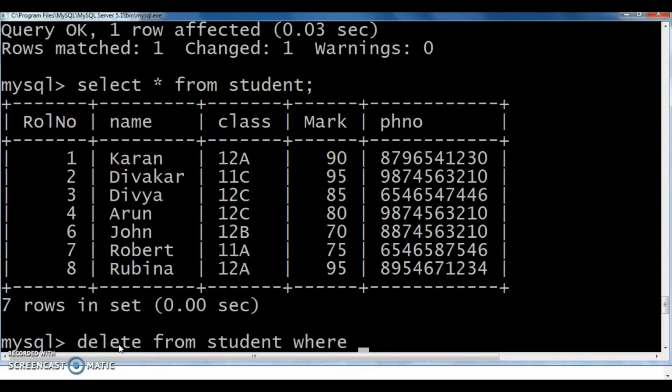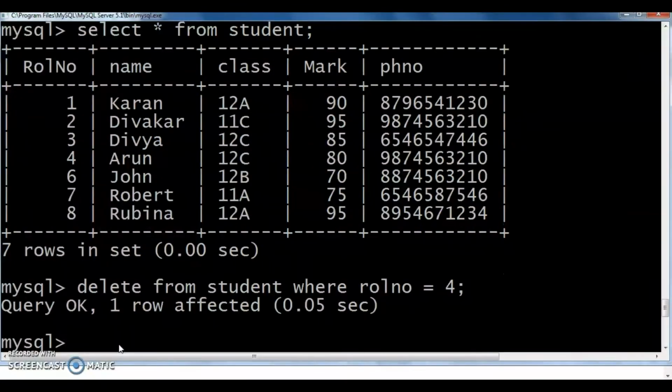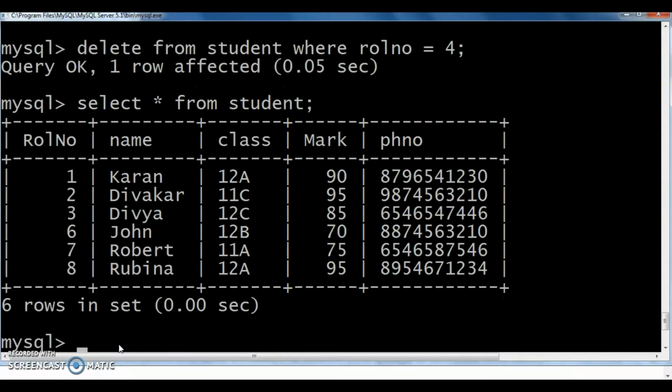Delete from student where roll number equal to 4. Check this one. Query OK, one row affected. We can check now. Select star from student. The fourth record is not there.